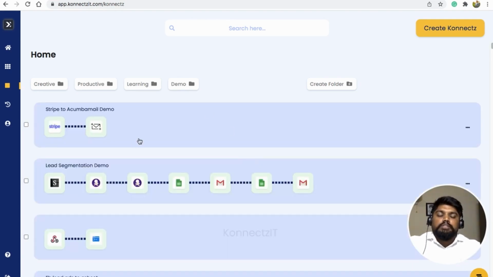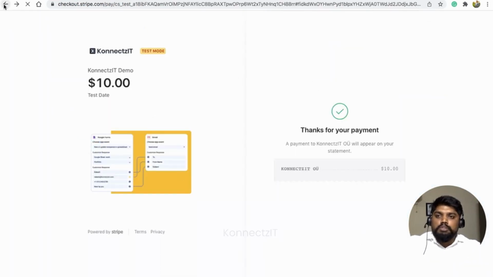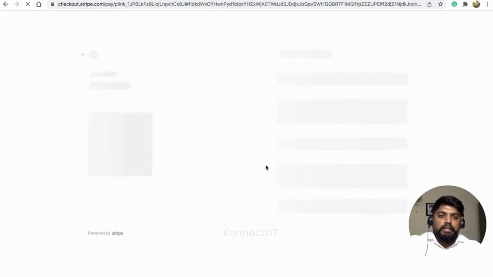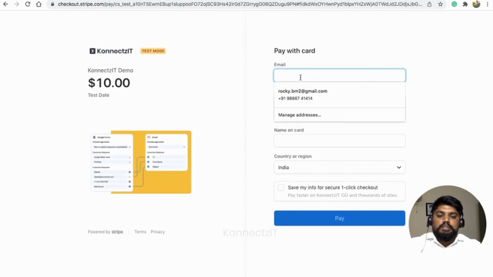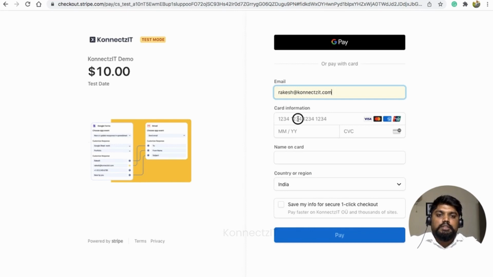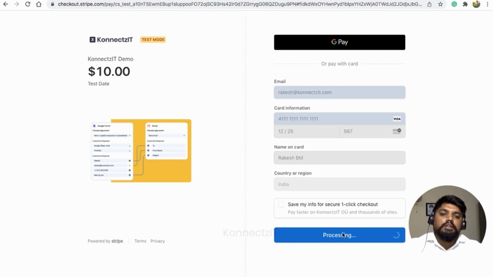Let's go to my payment page again in Stripe. This is my payment link. We'll fill in the details again with my other email ID. I'm going to use rakesh@connexit.com. Choose the same card, try giving another number and name, anyhow I'm not using it. Then just click on pay.